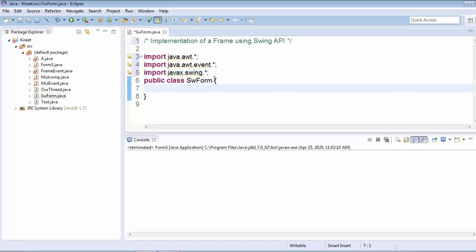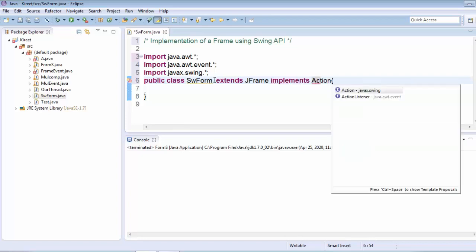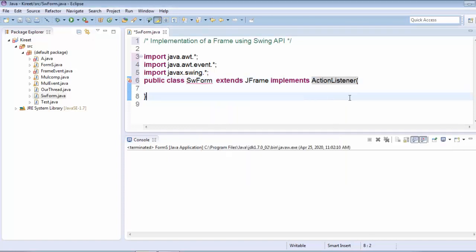So now what we'll do is extend. In AWT we extend Frame, but here we will extend JFrame, and we implement the listener, that is the ActionListener. Here you can see this ActionListener is for event handling.